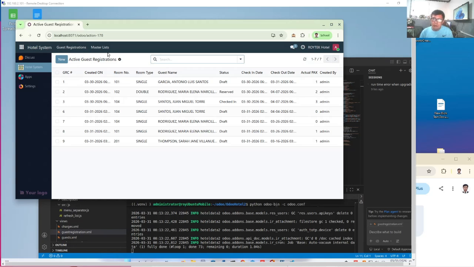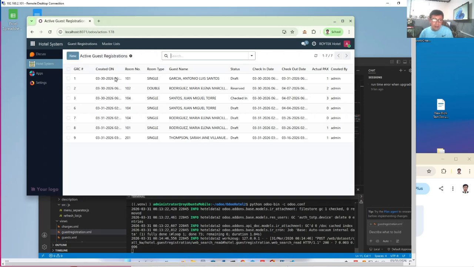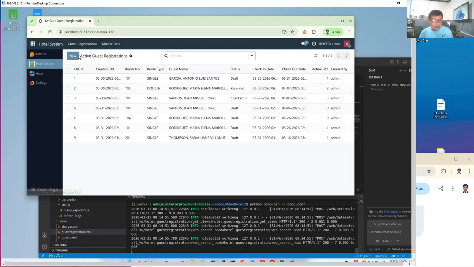In the last episode of this series, I introduced you to a special feature called archiving of our guest registrations and separating the active guest registrations from the inactive records in order to make our registrations more manageable for the users. Before we proceed to the billing process, I'd like to add more features that will be useful, especially considering that our hotel management system will be used in a network environment, which means that this will be used not just by a single user. This will be used by two or three users.